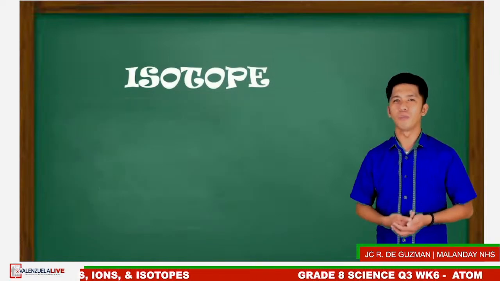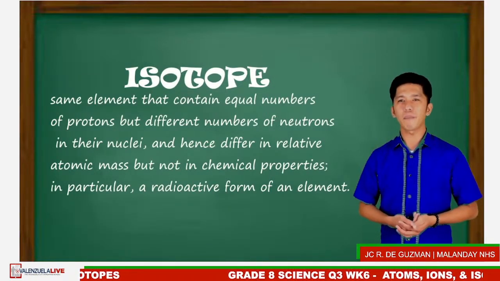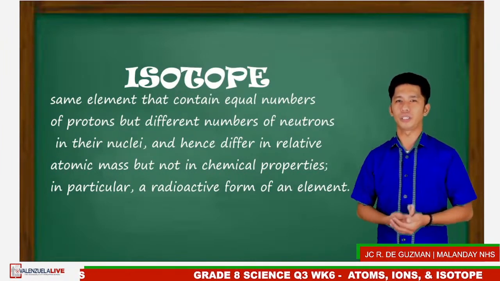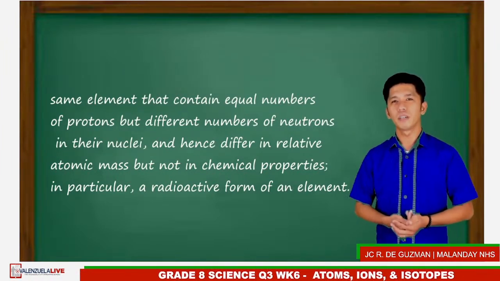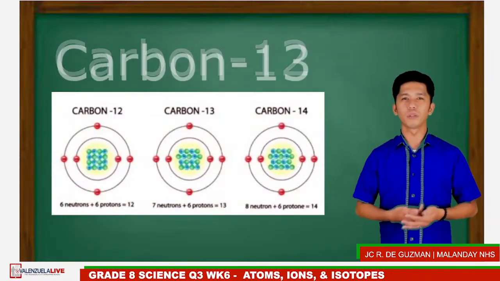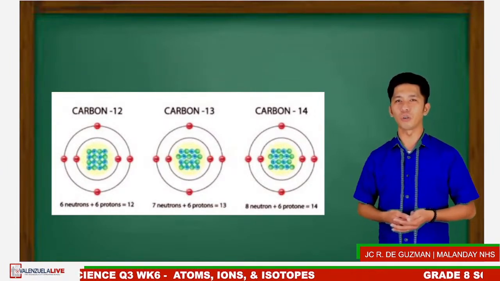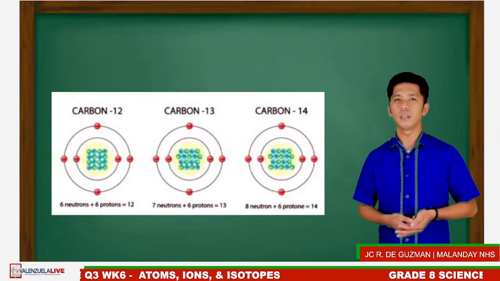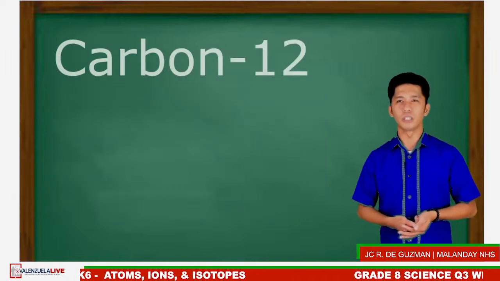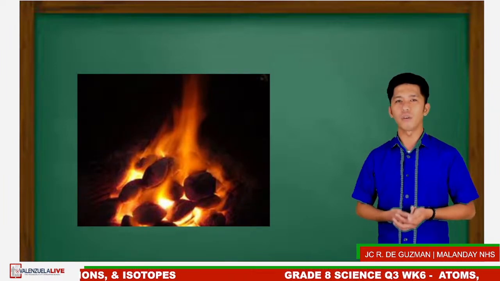In an isotope, the number of subatomic particles are the same except for the number of their neutrons. In carbon, there are 3 variations known, such as carbon-12, carbon-13, and carbon-14. These are the different isotopes of carbon. The most known isotope of carbon is carbon-12, which is commonly used as fuel in the form of coal,